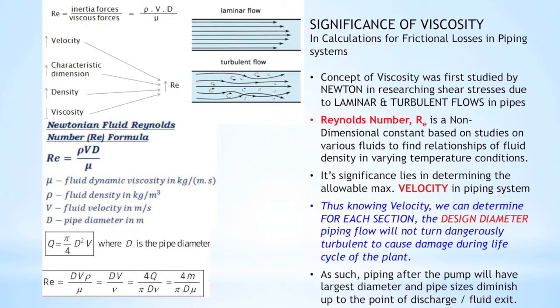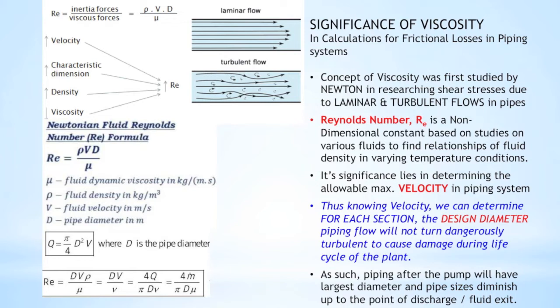Basically, there are three parameters: the rho, the density, the velocity of the fluid, and the diameter of the pipe. And it's just common sense. We can say that a thicker fluid, a more syrupy fluid, is going to have less velocity for the same pipe diameter. Let's say water is going to flow more readily than a thicker fluid, say oil.